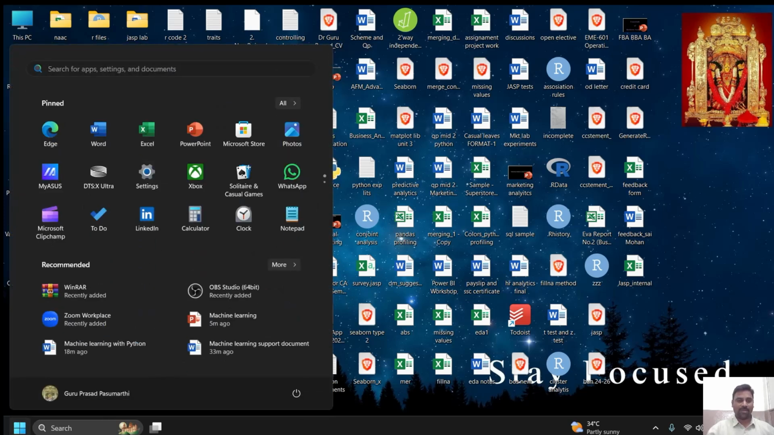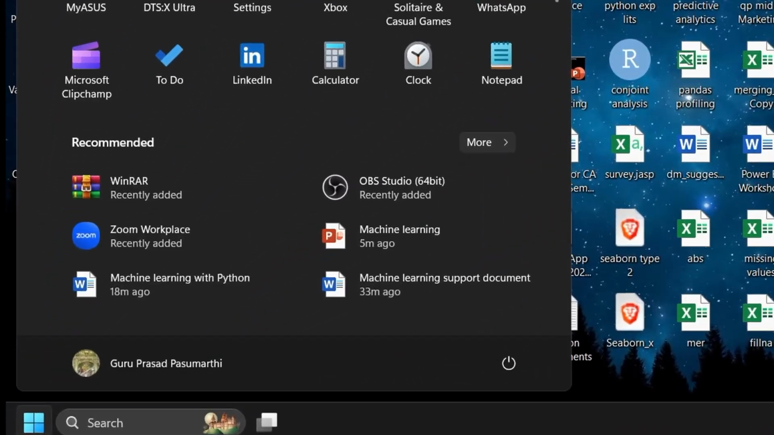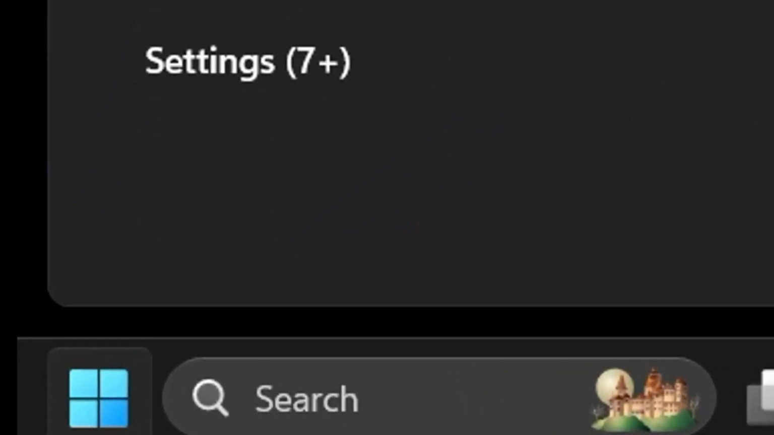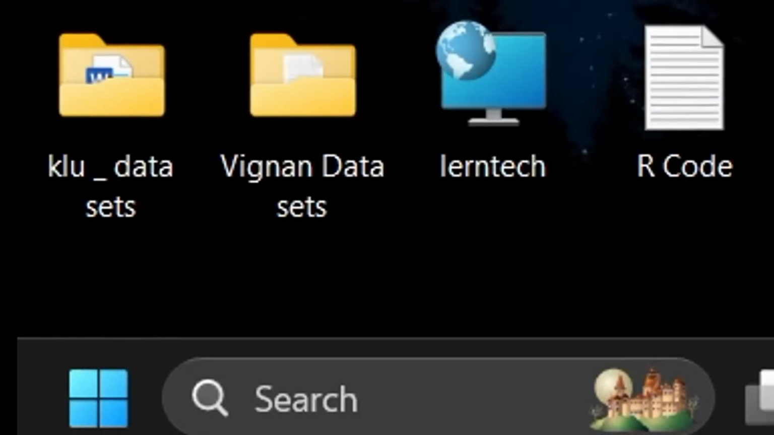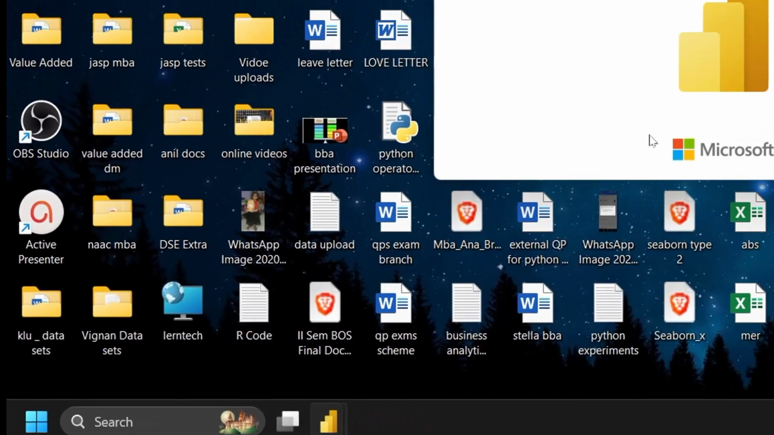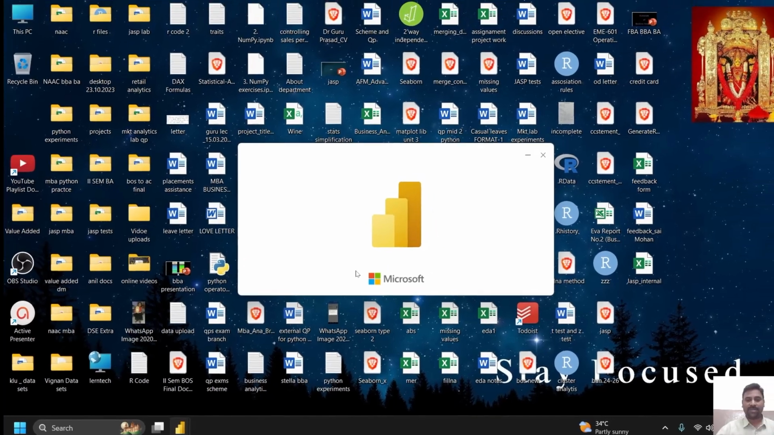We'll see how Power BI works to upload a CSV file. So the process is as simple. Click on the Start button and type Power BI. You will identify an icon with yellow stripes, and it generally takes little time to load. Once the document is being loaded,